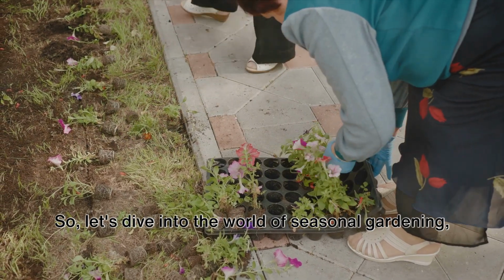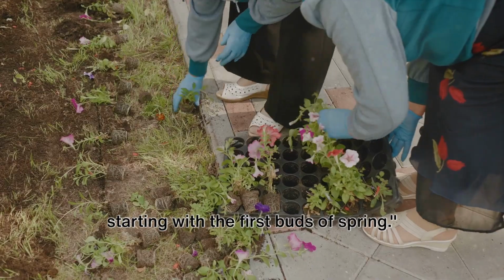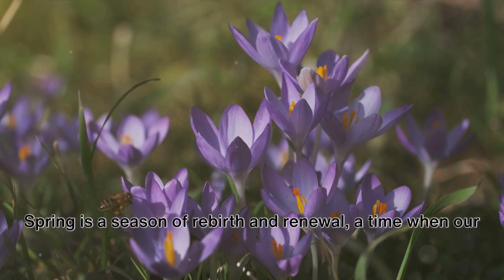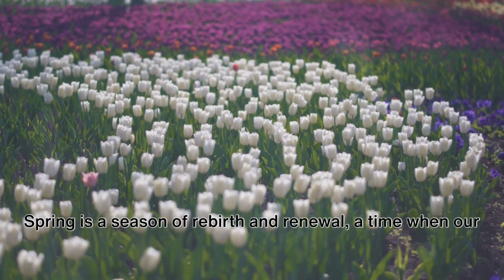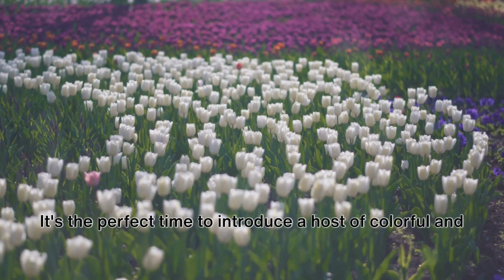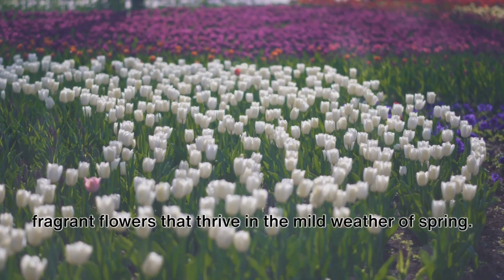So, let's dive into the world of seasonal gardening, starting with the first buds of spring. As the snow melts away, your garden awakens with early bloomers like crocus and daffodils. Spring is a season of rebirth and renewal, a time when our gardens shake off the winter chill and burst into life. It's the perfect time to introduce a host of colorful and fragrant flowers that thrive in the mild